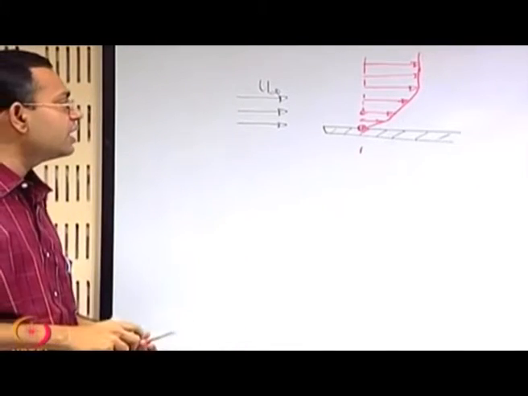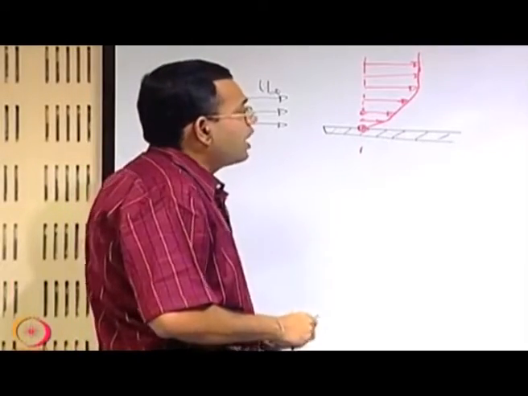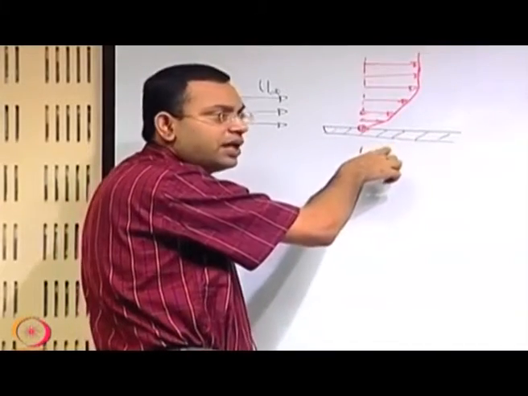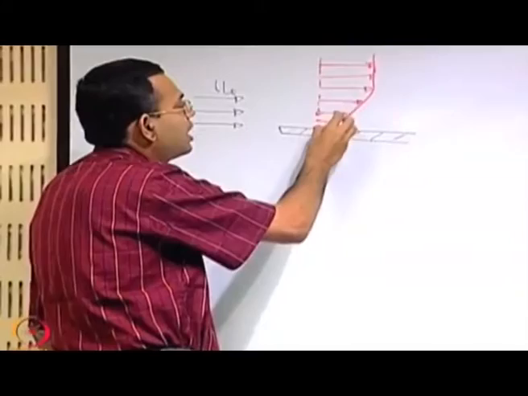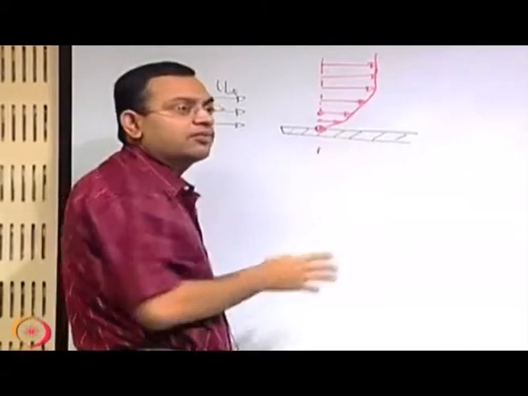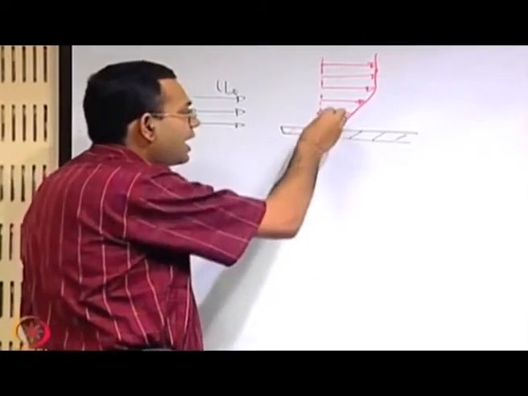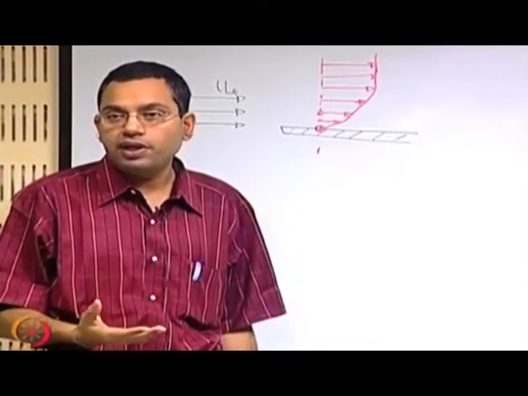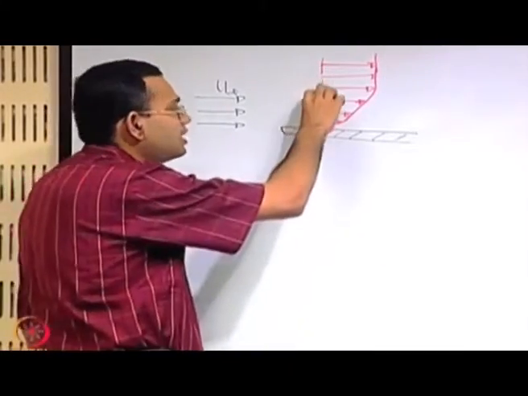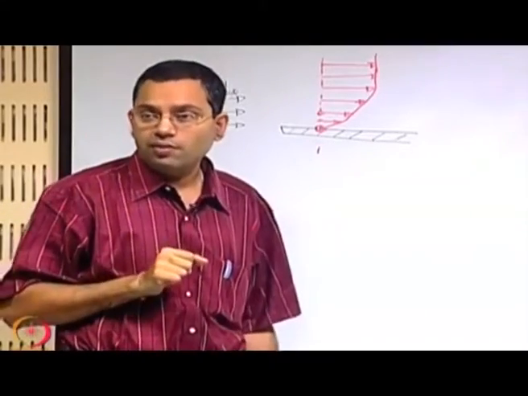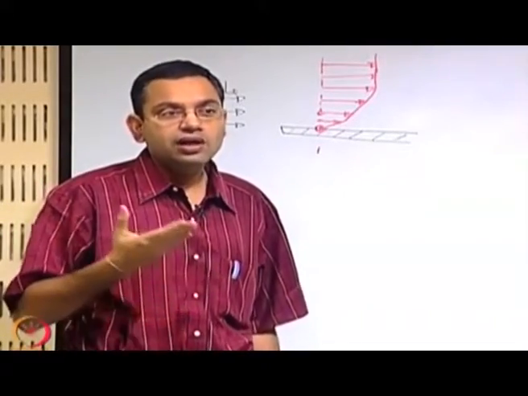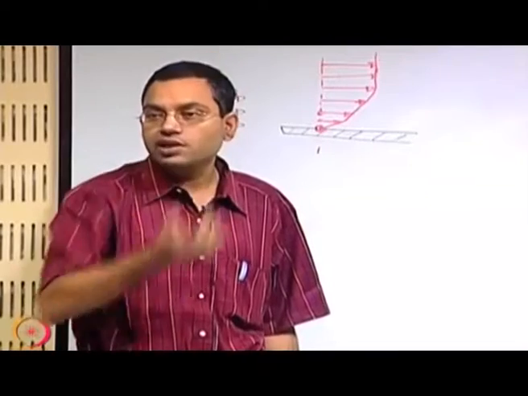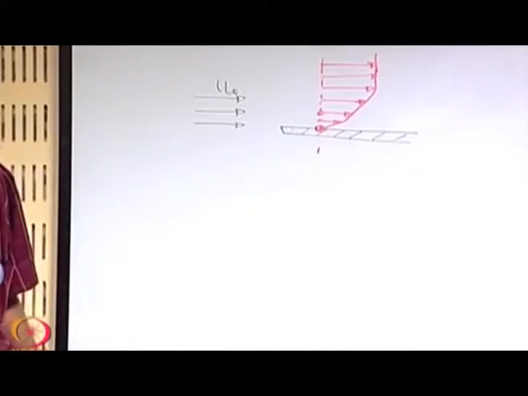These are certain terminologies that we introduced earlier, and we could also qualitatively understand that despite not being in contact with the plate, there are fluid elements which are feeling the effect of the plate. The fluid element directly in contact with the plate feels the effect of the plate, and others, not directly in contact, to some extent within a distance from the wall are feeling the effect of the wall. And how are they feeling it? It is through the fluid property viscosity, which propagates the message of the wall from the wall towards the outer fluids.